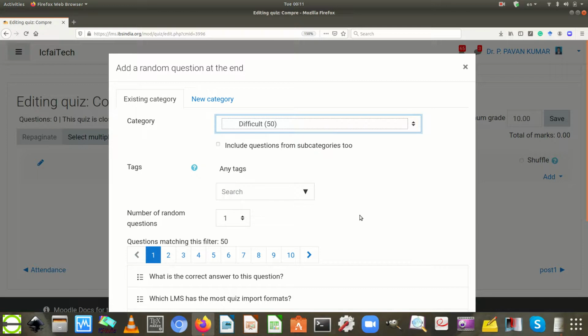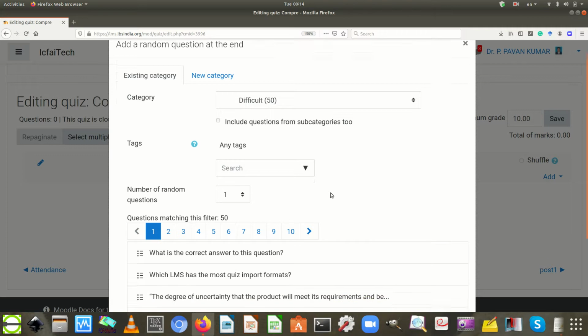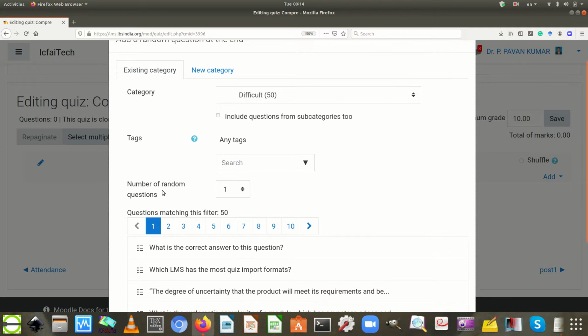After that, the user can choose the number of random questions. Once the user has selected an appropriate category in the category drop down sector, the user needs to select the appropriate number in the number of random questions option.